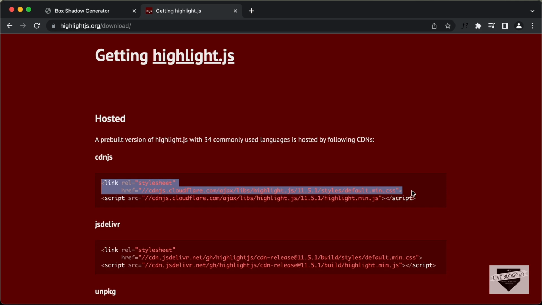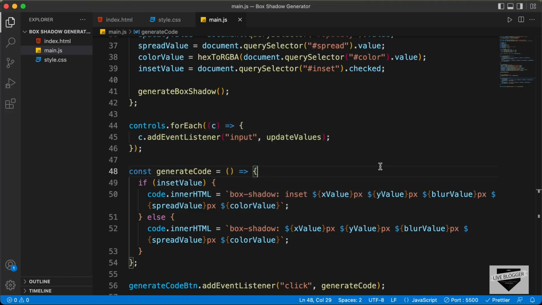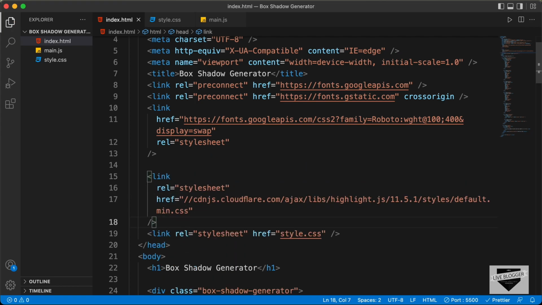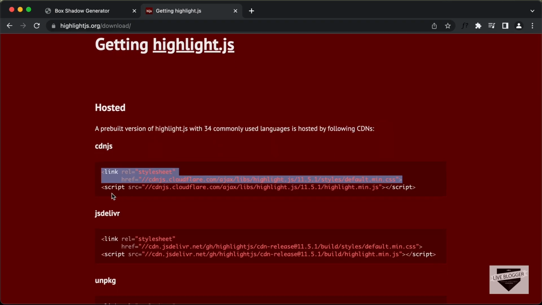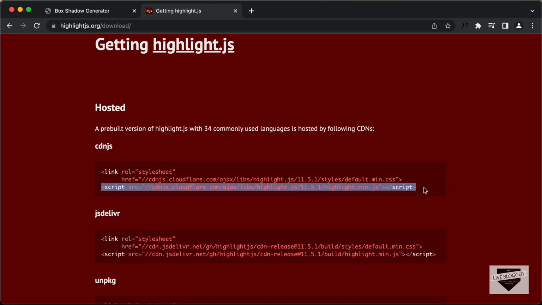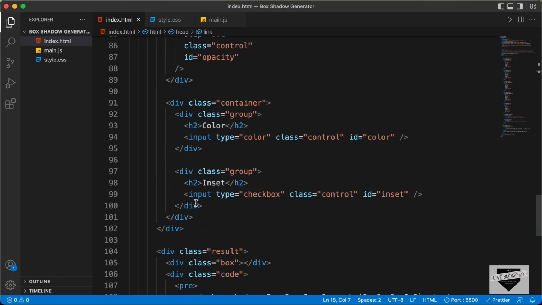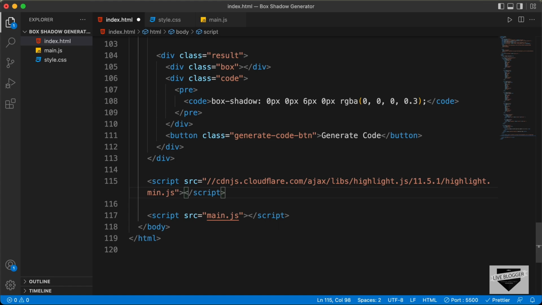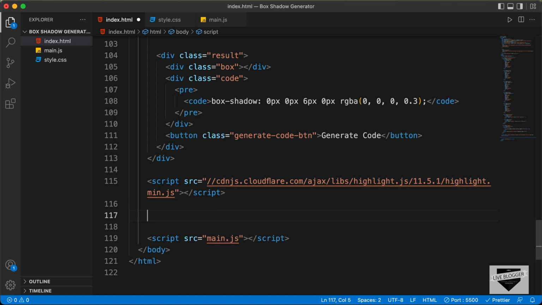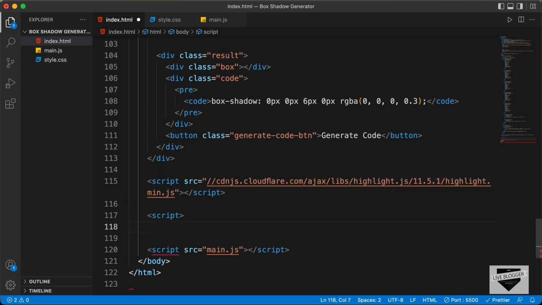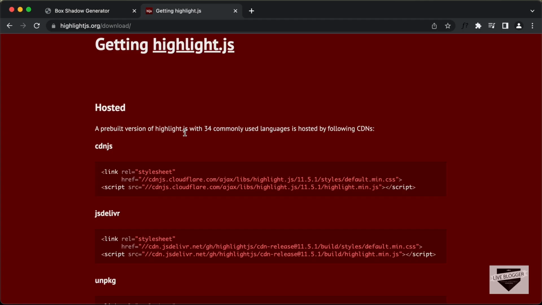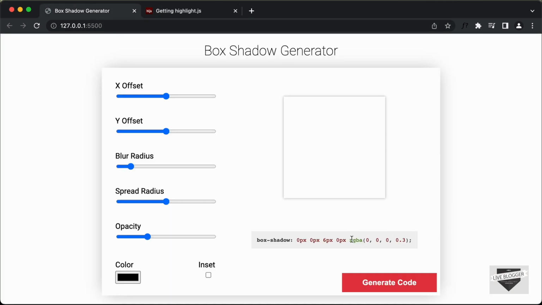So I just copy this first CSS link, and let's paste it over here inside the HTML file in the head tag. And let's go back and copy the script, and let's paste it over here just before the body ends and before the main.js file. And now to make this work, we have to call a function called highlightAll. So let's create a script tag, and here you have to type hljs.highlightAll(). Right, now let's go back to our web page, and now we can see we have the syntax highlighting,